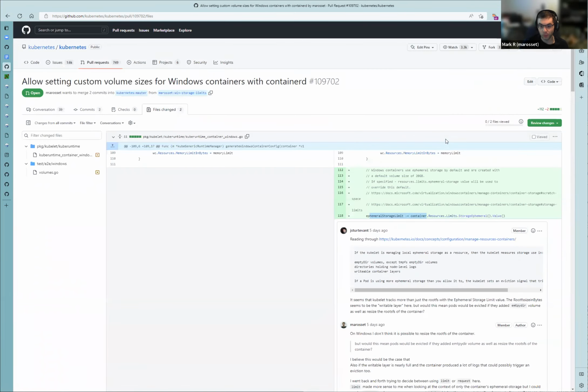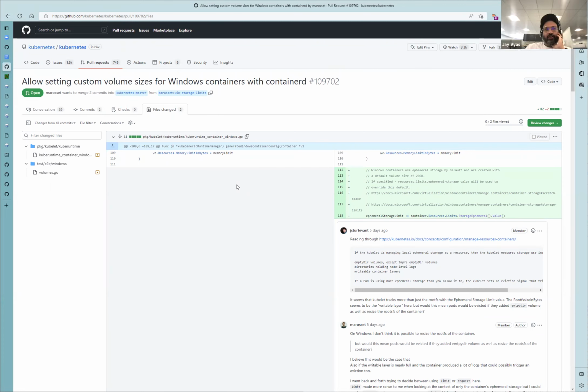So possibly, yeah, one option that I had here too was, if it makes sense, we could just set this to a resource request for that storage limit. And then they can set the limit higher to account for anything that they need from the node level logs or the empty dirs. I think either way, we're going to want SIG Storage's input on this.